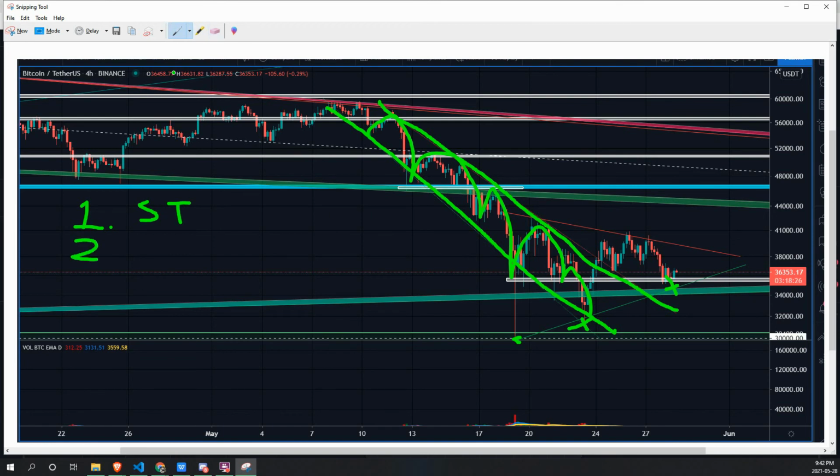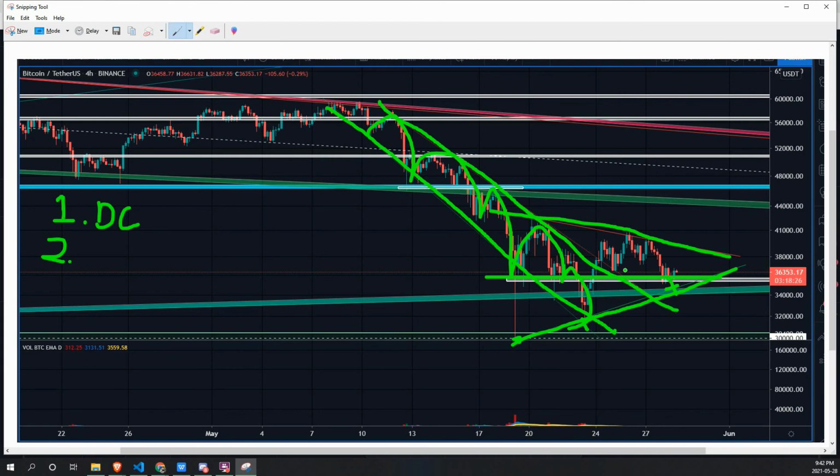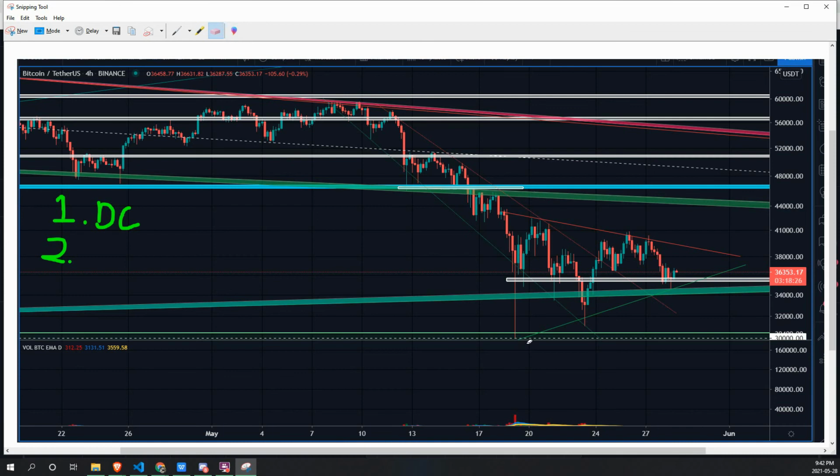The second reason, actually, we should name the first one, is a well-respected descent. So a descending channel for the well-respected descent. The second one is going to be a series of higher lows and lower highs, creating a symmetrical triangle formation. And then this one has a nice midpoint because they're very equal in terms of the angle. So that's your second potential validation. So you have your symmetrical triangle right here.